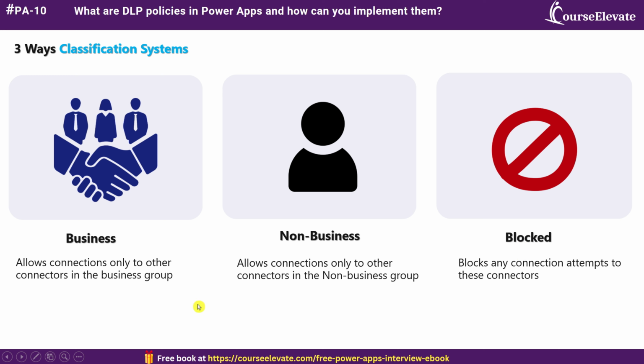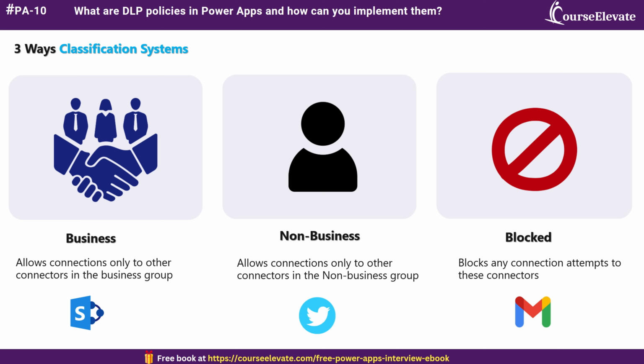So in Power Platform, each connector, for example SharePoint, Twitter or any other, can be only in one group, either business or non-business. No connector can exist in more than one group at the same time. For example, if SharePoint is in the business group, it can't be used together with a connector like Twitter if Twitter is in the non-business group. So this helps keep your business data safe by blocking risky combinations. And if any connector resides in the blocked category, say Gmail, then connection attempts to this connector will be restricted.